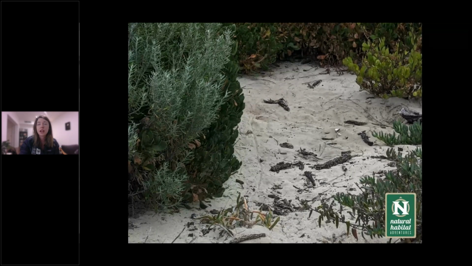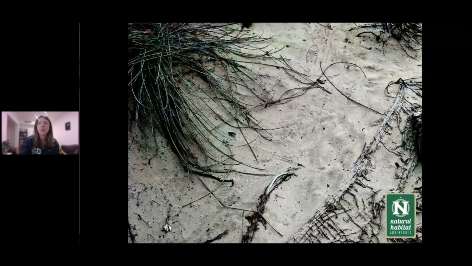And this tail strike, if you have a look here in the sand, is continual. We're not seeing the tail go up and down. So this implies a tail that's been dragged behind. You can sort of see it here again, kind of moving diagonally through the center of the image. It's quite faint. And then we can start to see, as we zoom in, some little scuff marks on either